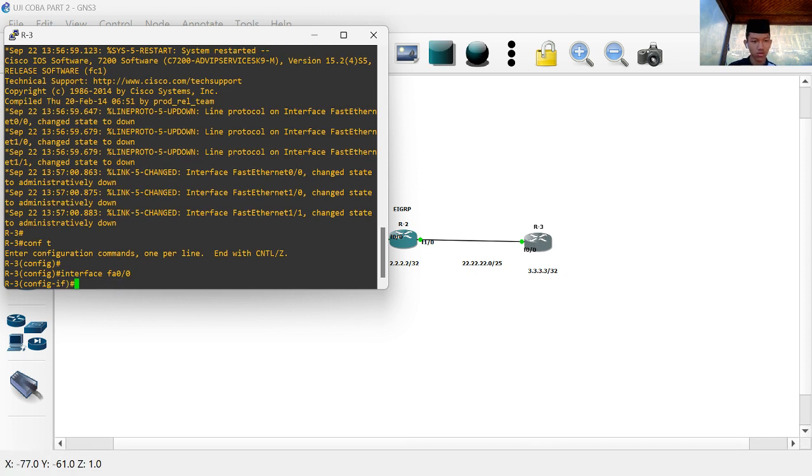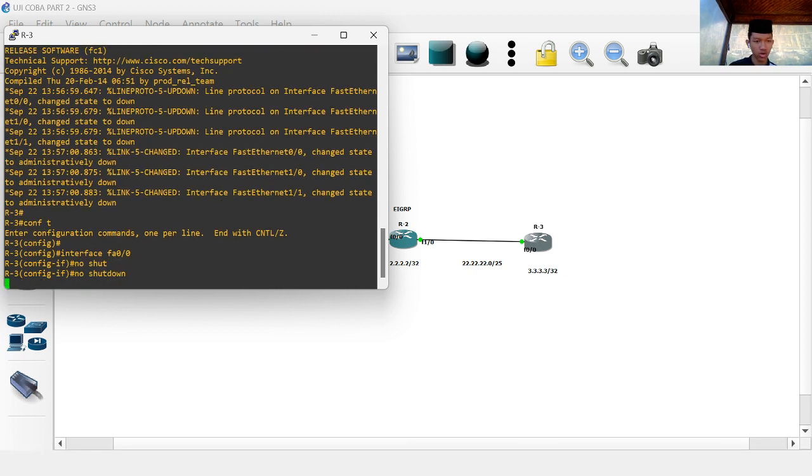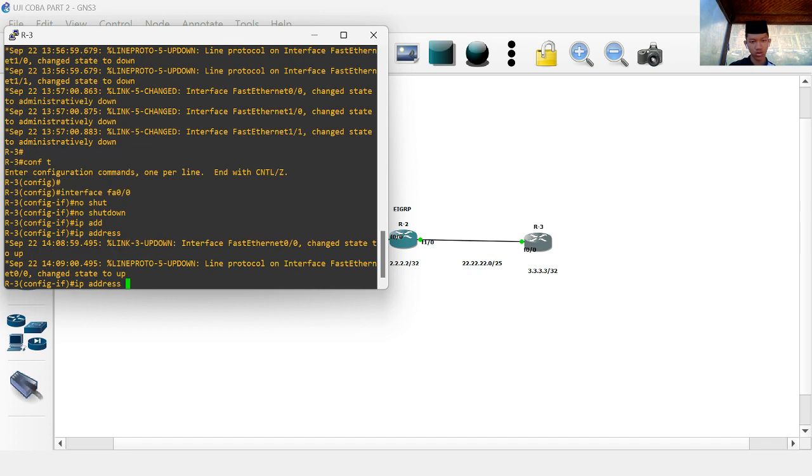FA0/0. Don't forget to no shutdown. Enter, and the IP address for router 3 is 22.22. For the host we use number 1 because host number 2 is already used for router 2, and then the mask is the same, /25, which is